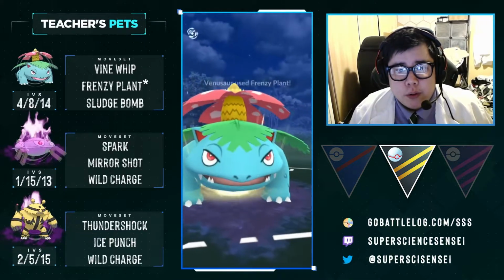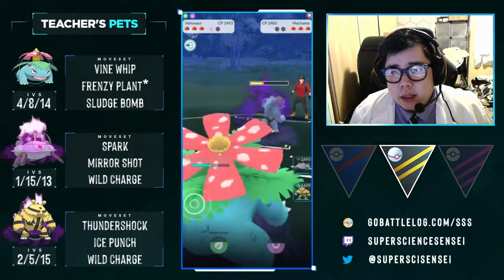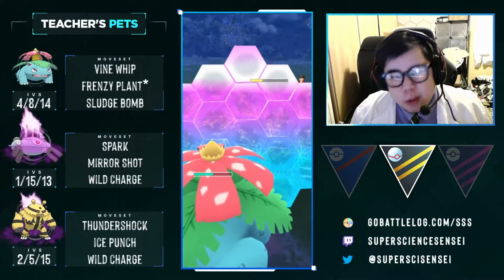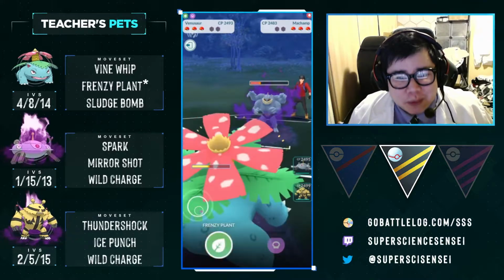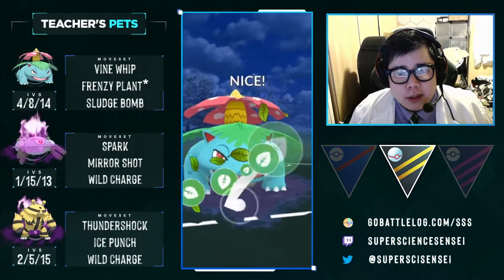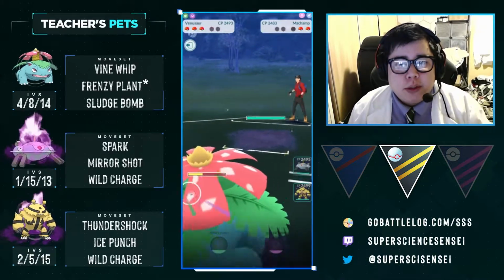So we're going to throw these Frenzy Plants. We don't want to overfarm too much unless they throw a second Rock Slide. If they throw a Cross Chop, then we have to throw right away. If they throw a Rock Slide, we get 1 to 2 extra Frenzy Plants, Vine Whips, just to make sure that we can have energy for the next mon. So we take out the Machamp. It's probably the biggest threat to our boys in the back, especially...